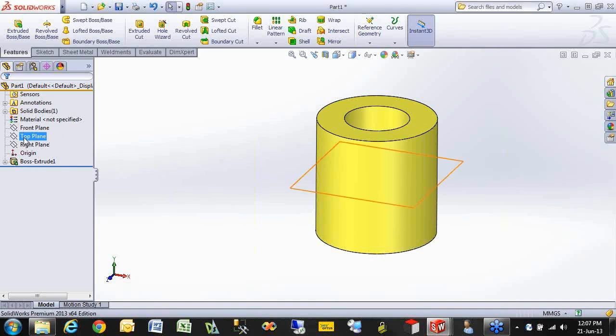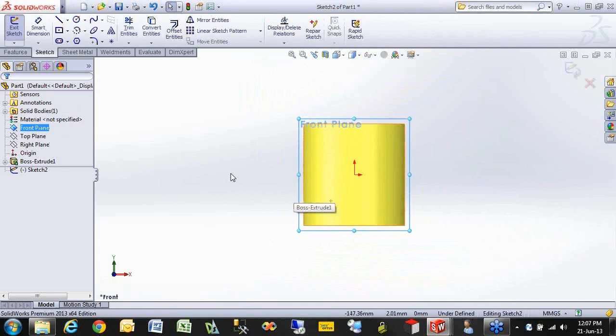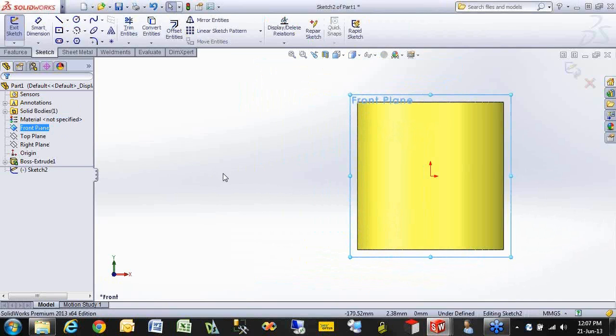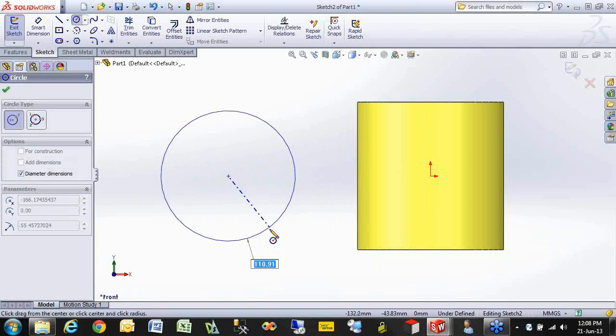All right, the next feature that I'm going to create is going to be another cylinder at 90 degrees to this cylinder here. So I'm going to start another sketch on this plane here, and this time I'm not going to dimension up my circles, so I'm just going to rough them out